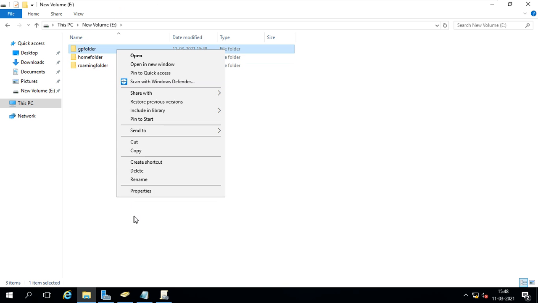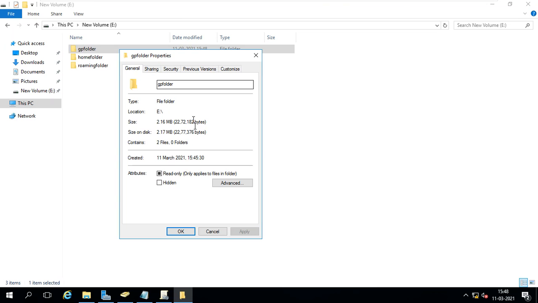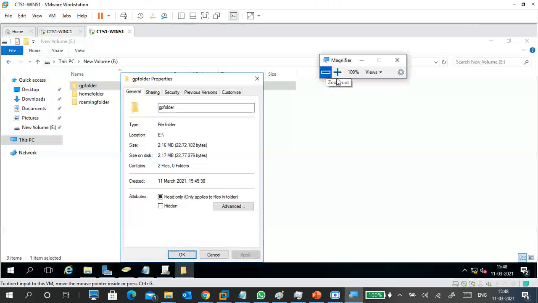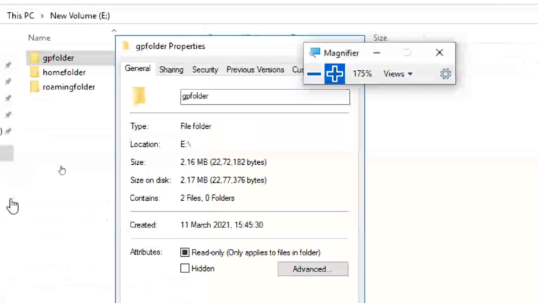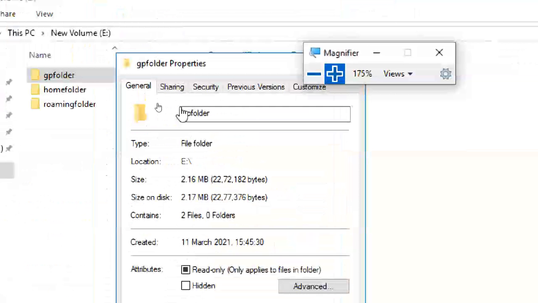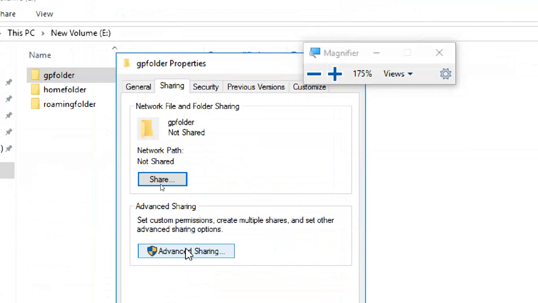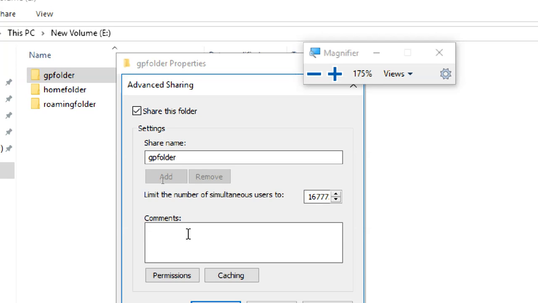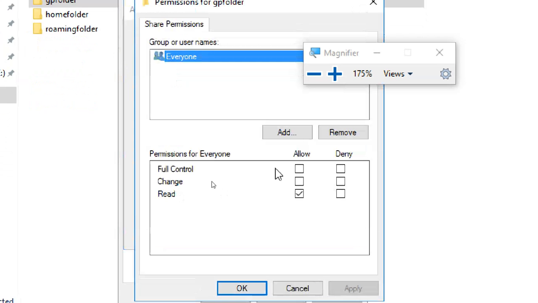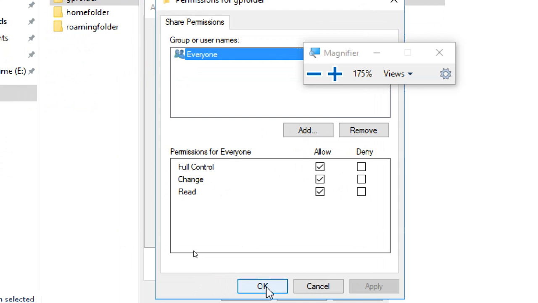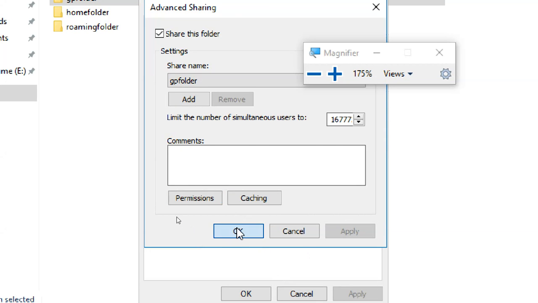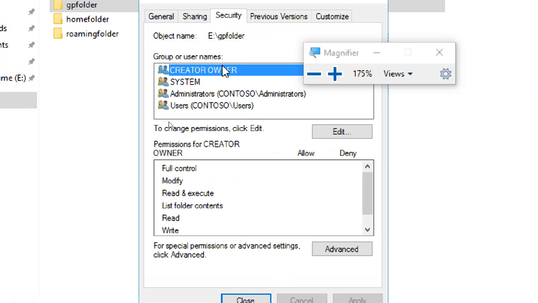Now I am going to share this folder. We forgot one thing, we need this one, right? I'm sharing it. Share, advanced sharing, share this folder, permissions, everyone, apply, okay, apply, okay, and go to security.